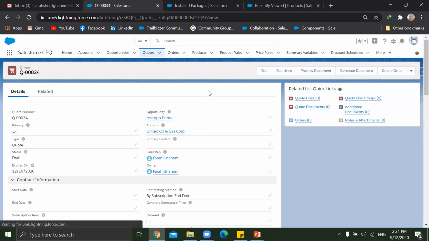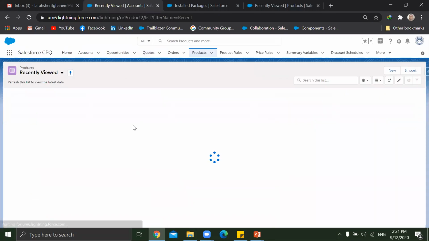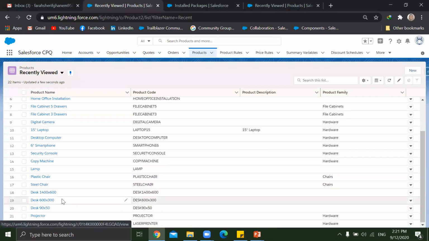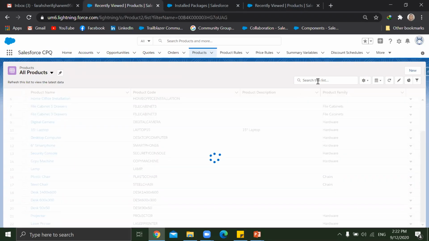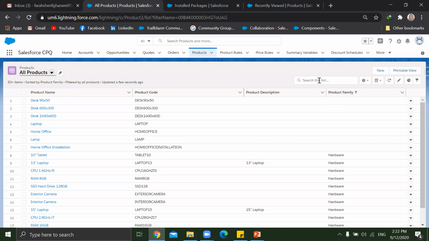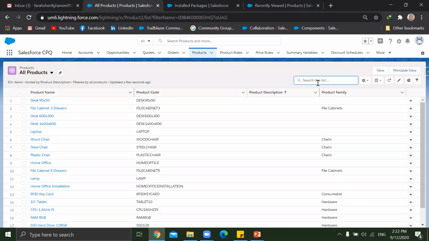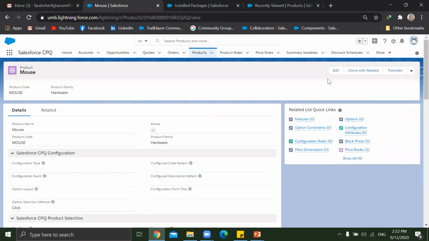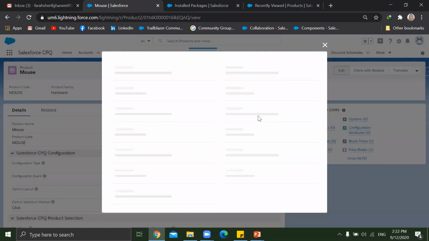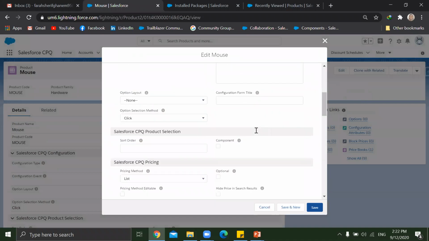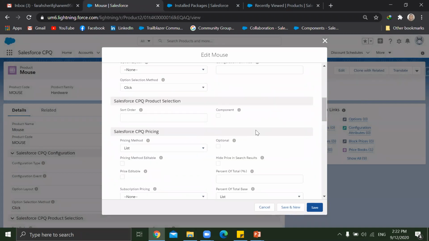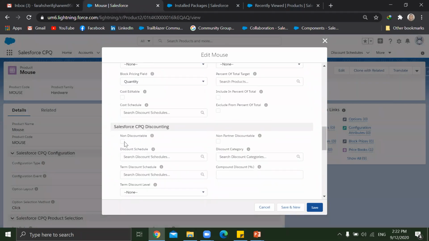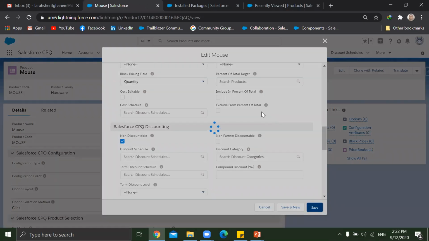Okay, so cancel. Go to our product, the mouse product. And there should be an option to make it non-discountable here. Yeah, here it is, non-discountable. So if we go back to our quote,